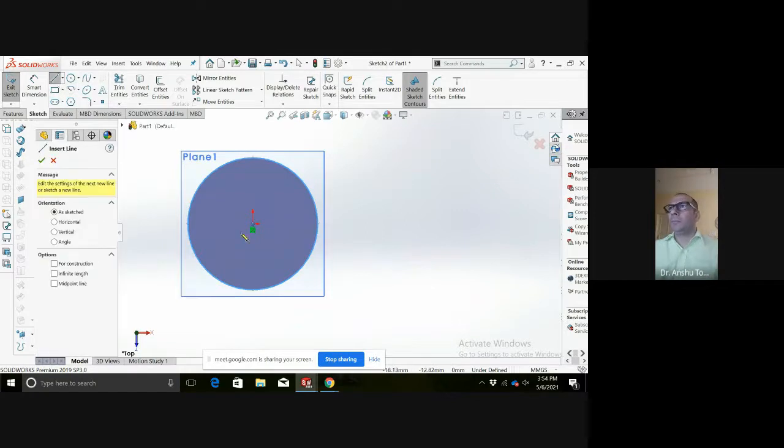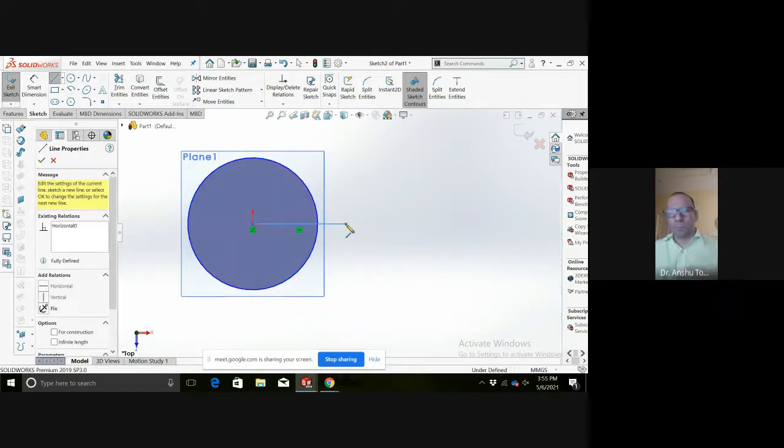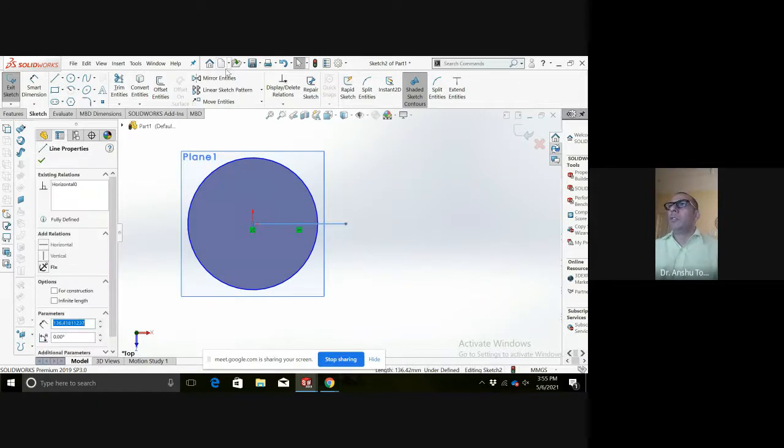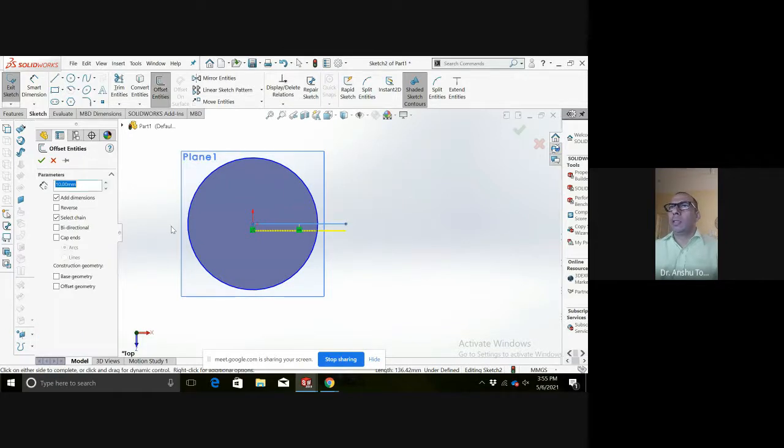Straight line. And I was having 55 mm. So half of 55 is 27.5. Offset of this particular line 27.5 mm.